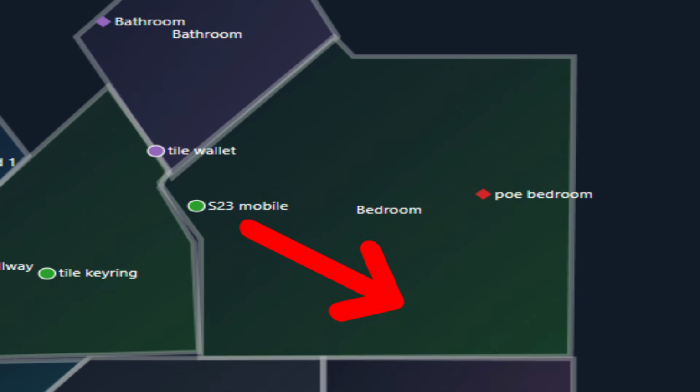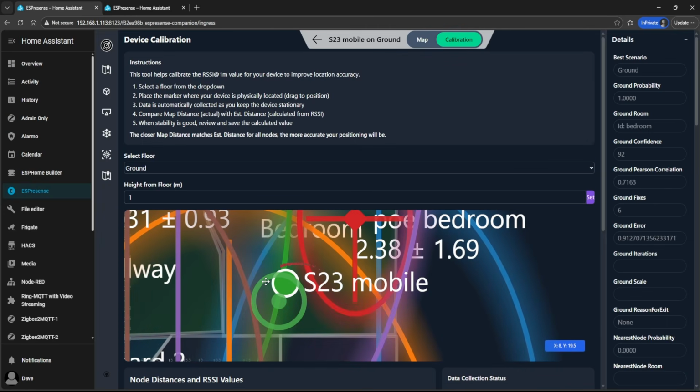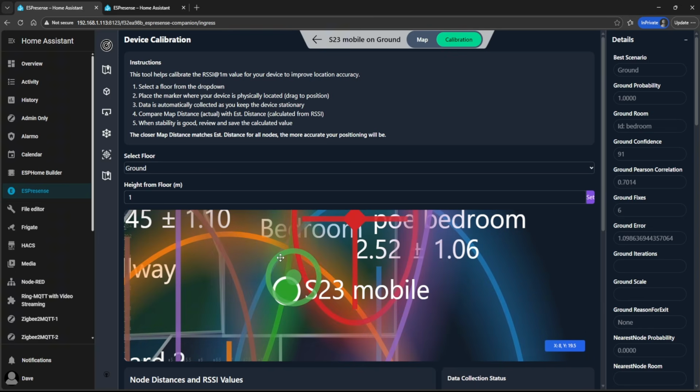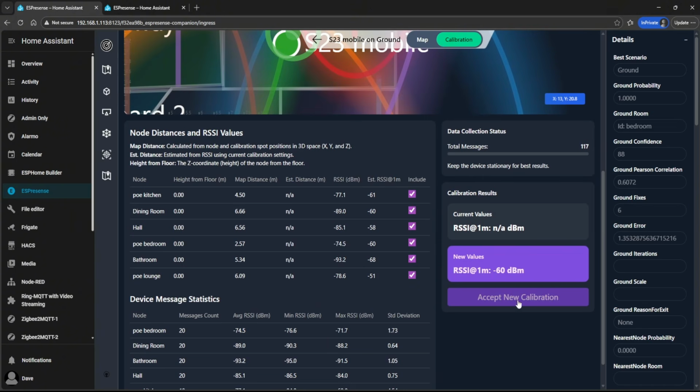What I'll do is drag the device to the actual real-world position on the map. So back to the other screen again, you'll see there's this circle which I can click on, where I can actually drag it to the location where the device is actually placed. Then I just scroll down and you'll see that option, Accept New Calibration, and it's going to set the RSSI